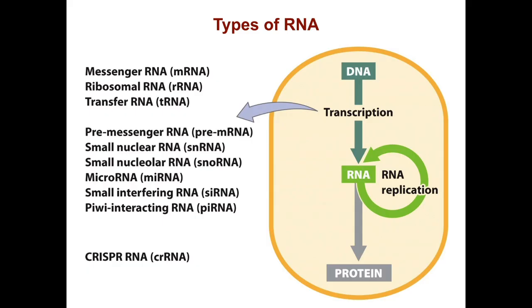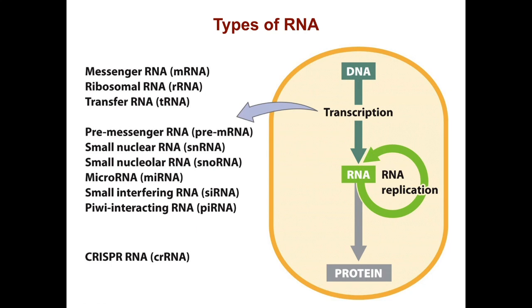RNA polymerases transcribe all kinds of RNA, including messenger RNA, which encodes protein, ribosomal RNA, which is important in translation, transfer RNA, which is also important in translation, pre-messenger RNA, which is an unspliced version of mRNA, small nuclear RNA, small nucleolar RNA, these snoRNAs,